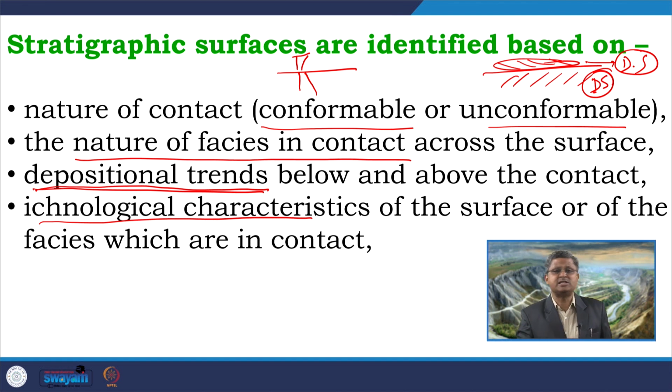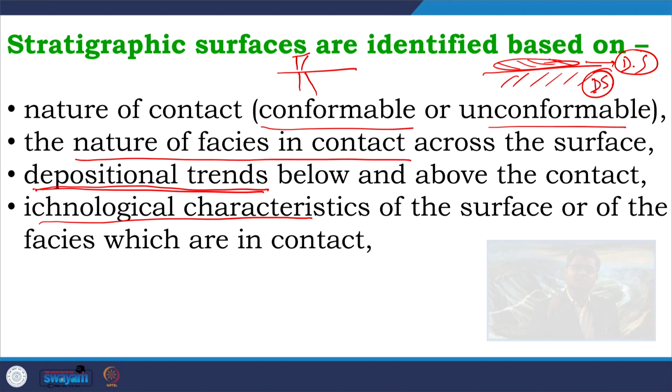In our class on parasequence, I gave you one example about the formation of firm ground and occurrence of Glossifungites ichnofacies across the marine flooding surface. So, that is one example. Many times across the erosional surfaces, across the correlative conformity surfaces, across the maximum flooding surfaces, MFS, we get very characteristic ichno assemblages, very characteristic ichnofacies types, which can help us in identifying a particular surface or